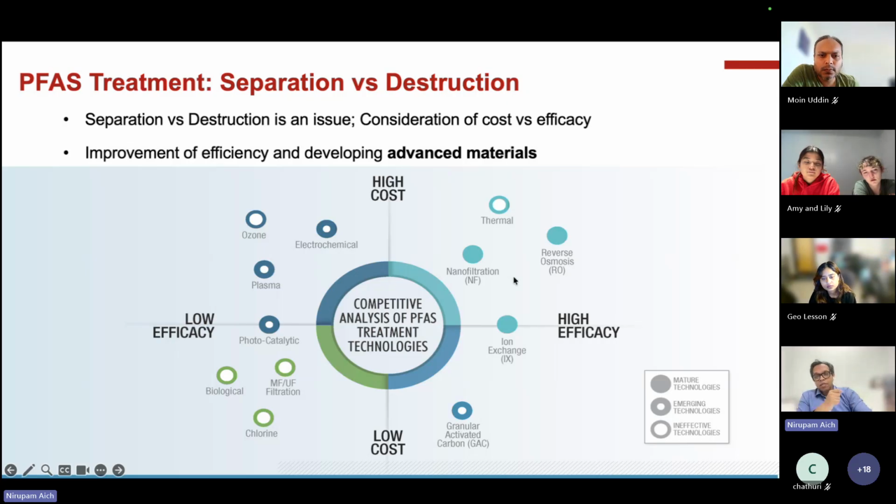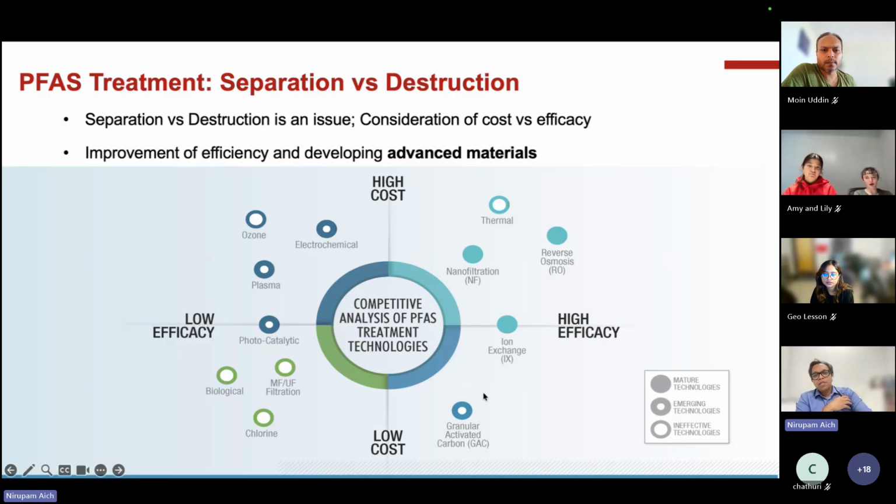They can take out, especially reverse osmosis, any PFAS, because reverse osmosis membranes are very high pressure membranes. They have a very narrow pore size, and they can actually take out anything. They are used for desalination. We are talking about salt concentration. So they can take out anything. So you can do it. But the problem with reverse osmosis is they are very, very expensive because you have to push water at very high pressure, so they are very energy inefficient and very high cost.